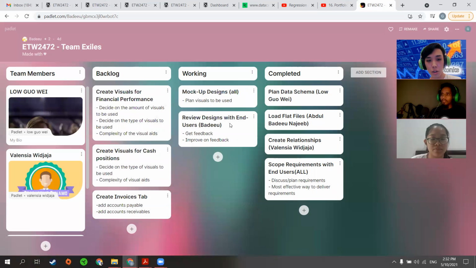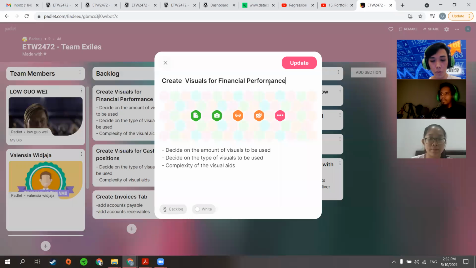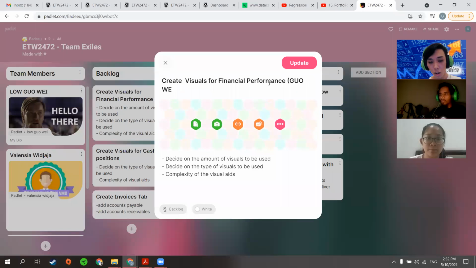Okay, so this is working. Now, do we want to move on to these three or save it for later, or can we allocate it today? We can save it for later. I guess anything's fine. Do you want to allocate today and put them in working? Yeah, I think we can just allocate who's going to do which one today. Okay, I think I'll take this up. All right, so I'll take the cash positions.